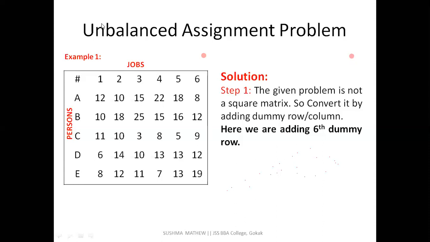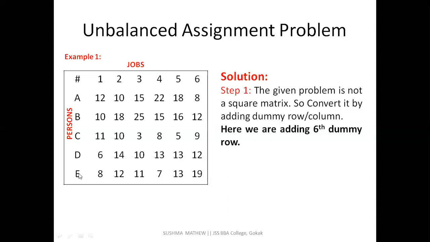Okay, and by making the matrix look balanced. Clear? So in this particular problem, because it is unbalanced, I am trying to add the dummy row. Why am I adding a dummy row here? Because there are 6 columns, but there are only 5 rows. So I'm short of 1 row to match my column, right? To match my 6 columns, I have to make 6 rows, right?